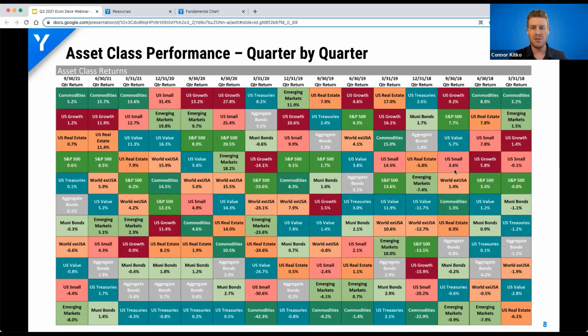But what we can also see is an interesting trend in international equities, shown here by World X USA, which is in this light orange, and then also emerging markets in green. So you kind of notice here that these two asset classes started to make significant progress and top the table in the midst of the COVID-19 pandemic, but now they are moving back to relative underperformers. Their day in the sun has kind of ended,